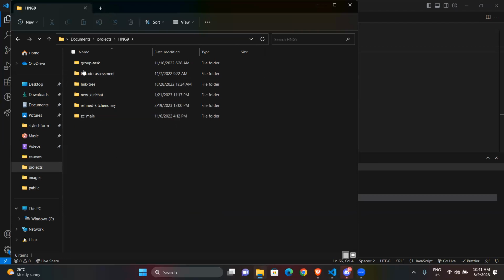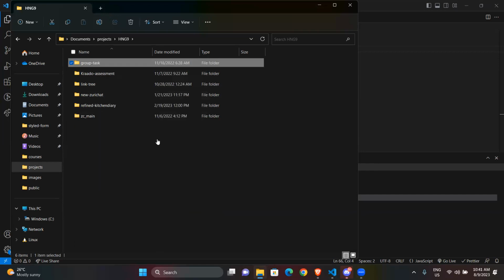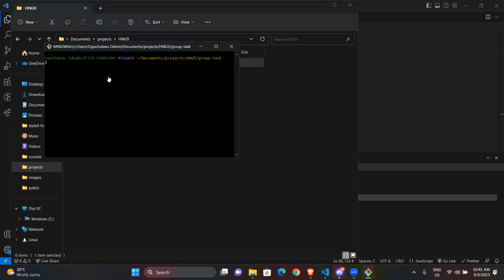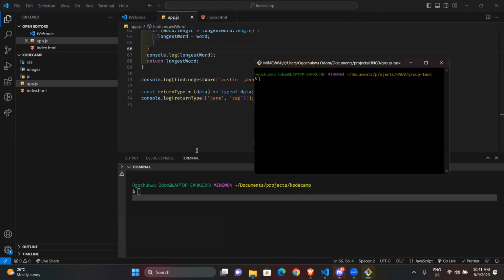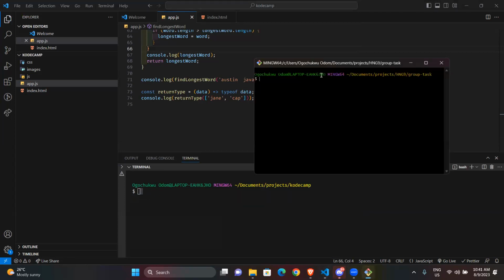Okay. So I'll just do git bash here. So what you're seeing here is the same thing as this terminal that you're seeing here too. So this terminal and this terminal, they are alike.